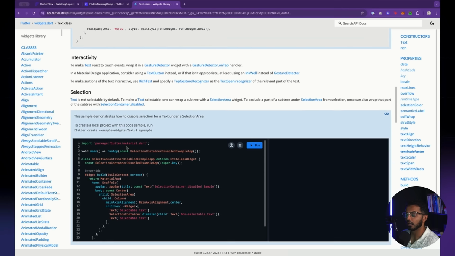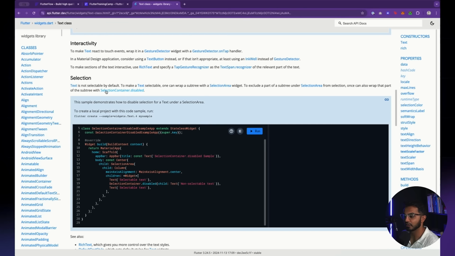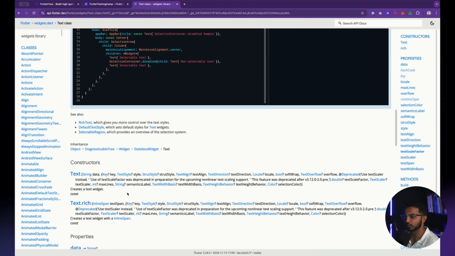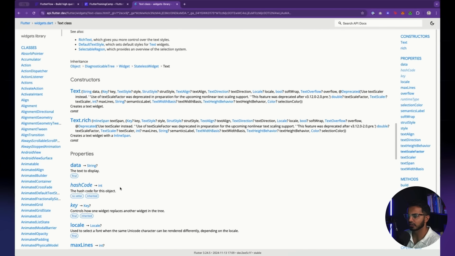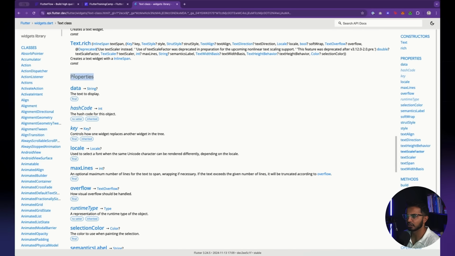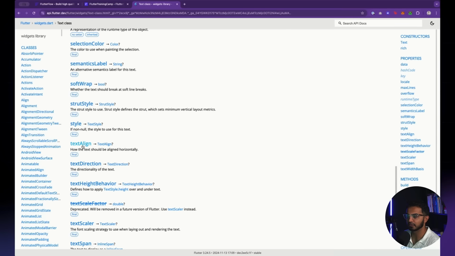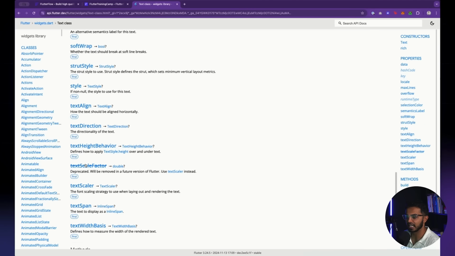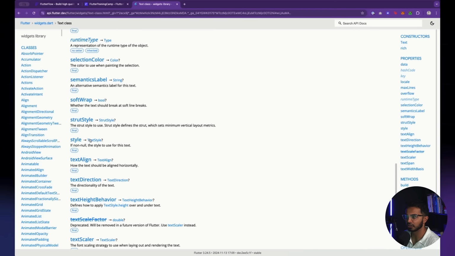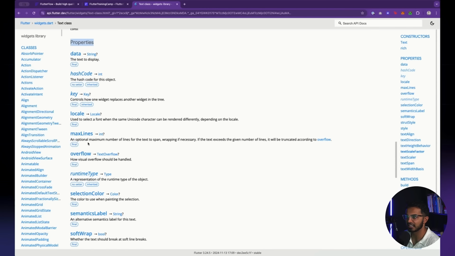However, widgets have something called properties, and properties are ways to modify how a widget feels or interacts or looks. So if you scroll down, you'll notice that we see properties on this widget. You can set each one of these properties if you were writing code by hand, for example, text align, text direction, text span. You might even find style or font size in here.